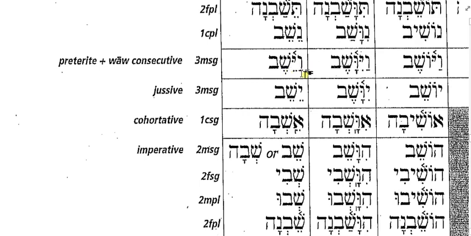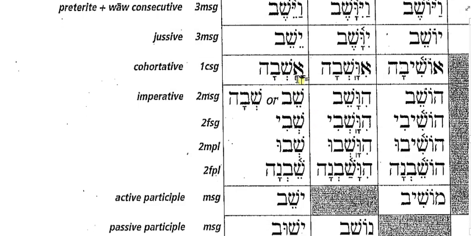The WCI, vayyeshev, I could have the stress move forward. So instead of being vayyeshev, I will frequently see vayyeshev. The jussive, I don't see the stress always retracting. Yeshev, cohortative eshva, let me dwell. And here's your imperatives. Shev, alternate sheva, shevi, shevu, shevna. But do you see the vowel pattern? Roots 2 and 3 with the tsere under root 1 matches the vowel pattern of tse, which is yatsa, yashav, yatsa, shev, tse.